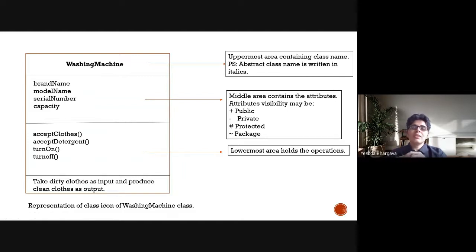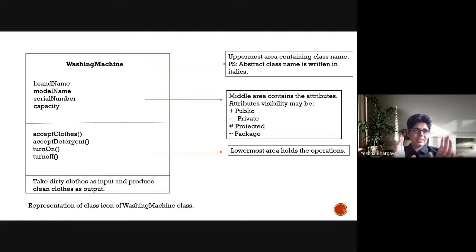So normally in class diagram examples, these would be the basic features, and obviously the attributes can have different properties. They can be public, private, protected, and similarly it applies to the functions as well, the operations. So this is how the basic structure of a class looks like when we talk about a class diagram.